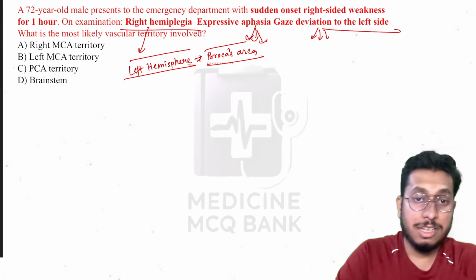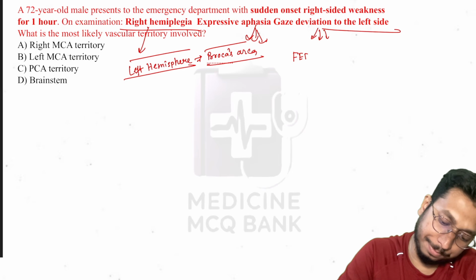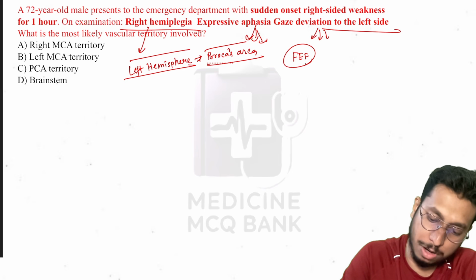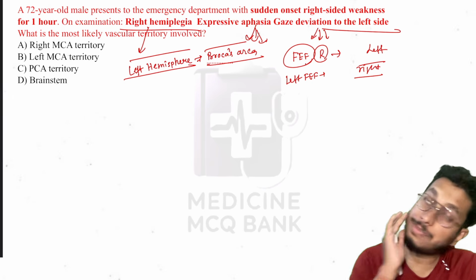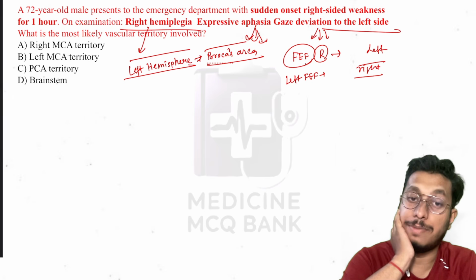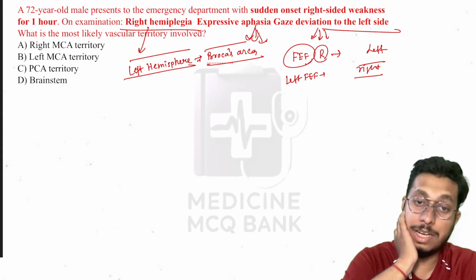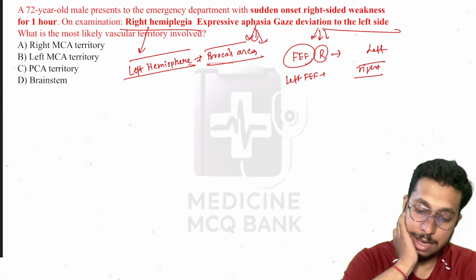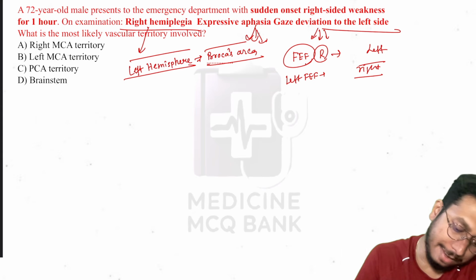Now, why is there gaze deviation towards left? You see, the frontal eye field controls the gaze. So, with a right frontal eye field defect, gaze deviation will be to the left side. With a left frontal eye field defect, gaze deviation will be to the right side. So here the problem is in the right side. So right frontal eye field is involved, resulting in gaze deviation towards the left. Okay. So final diagnosis is left hemisphere involvement with Broca's area involvement. Broca's area involvement, most likely frontal lobe involvement. So it's most likely left